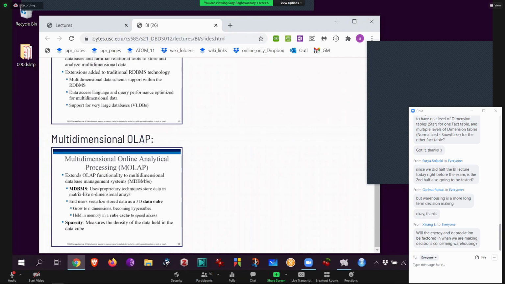It'll mislead you. Will the depreciation be factored in? Yeah, definitely. This is a very good question. You can add so much extra calculation in your SQL to say that the older your sales were, for example, based on the timestamp, the lesser its weight. So you can factor depreciation into it. Absolutely.